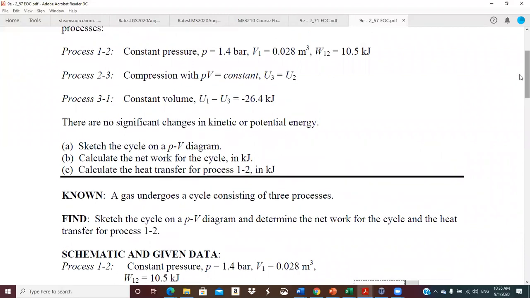Let's see. 2 to 3 is compression. It's a polytropic compression with PV to the first power constant. And they're also saying that internal energy U3 is equal to U2. And 3 to 1 is constant volume, and U1 minus U3 is minus 26.4. Okay, so